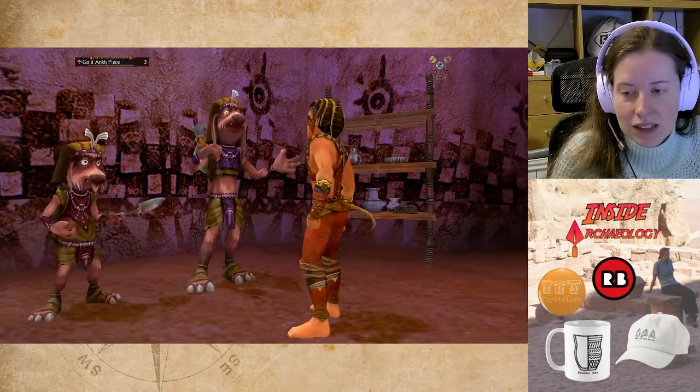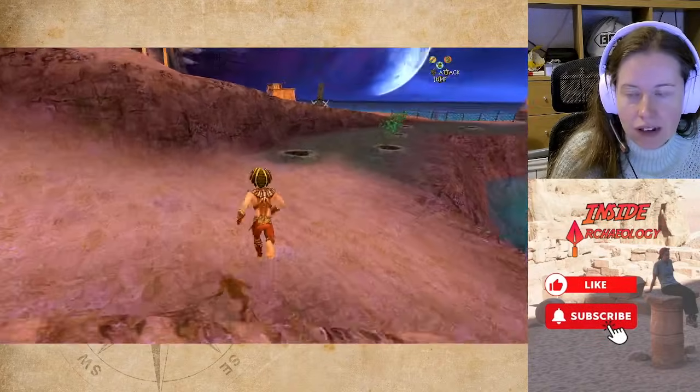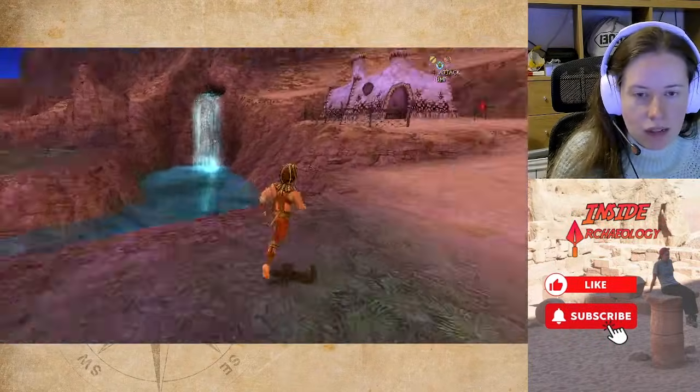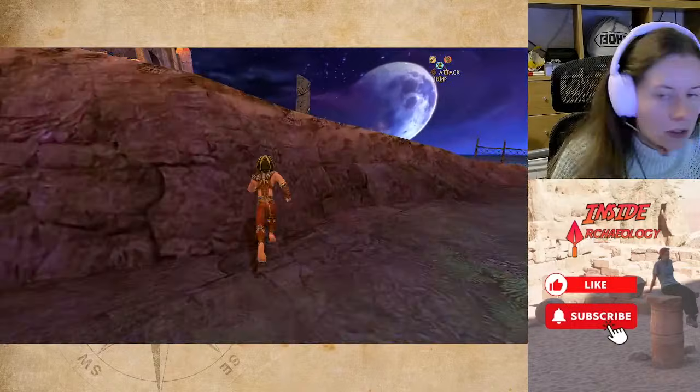Gold Ankh piece. Nice. Glad I got 3. Okay, if I can find one more before we go to the Heliopolis Palace, I think I'll be set. But, speaking of which, I think I'm going to finish for today because we're at 9:30, so...